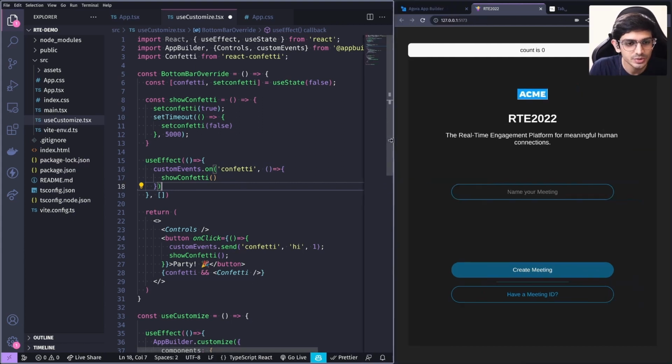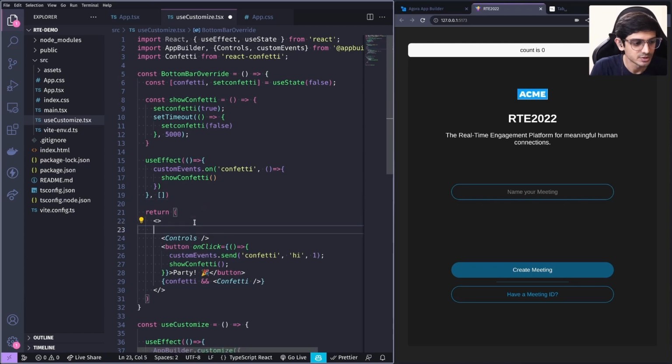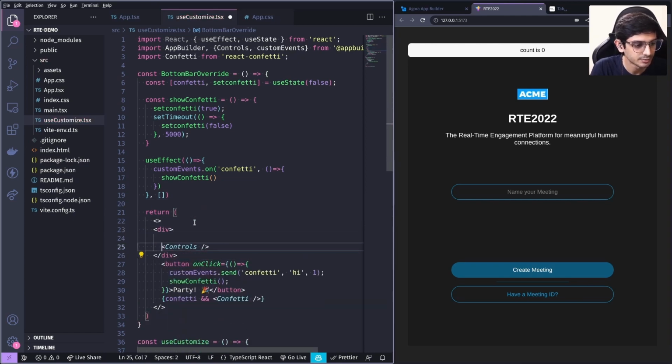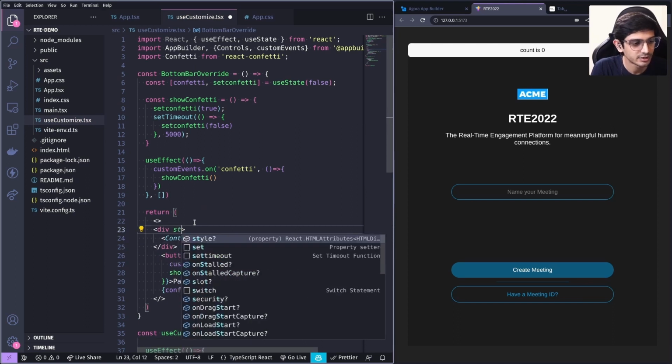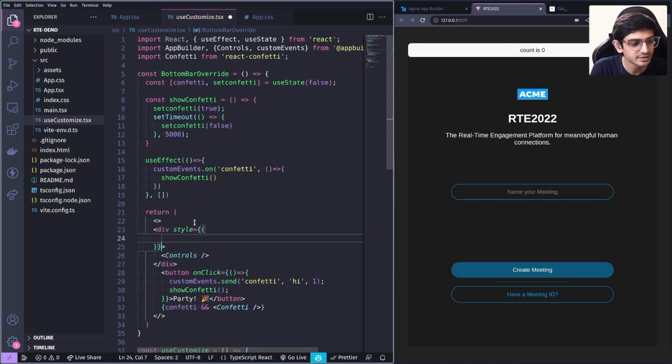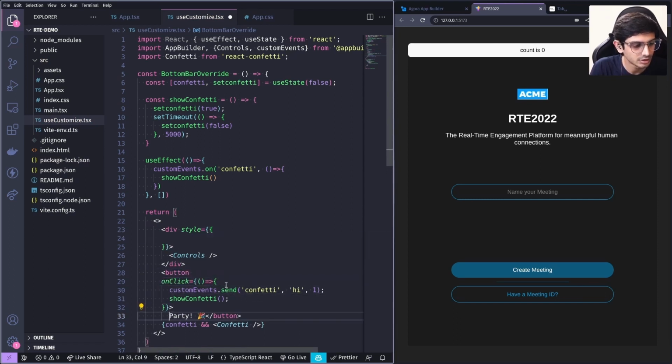And I want to show you how you could customize a little bit of the UI with some CSS. Great. So let's customize what the controls look like. I will wrap this in a div and bring this up. Now I can apply my own styling, which I can define here. One thing that's also nice to do is we should disable our button when